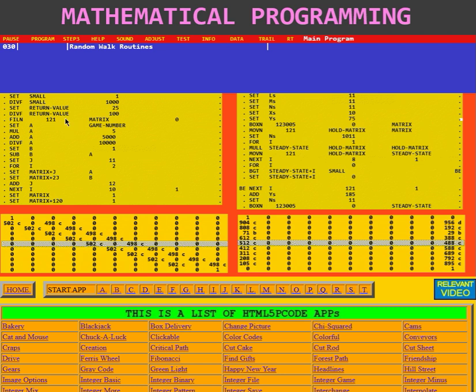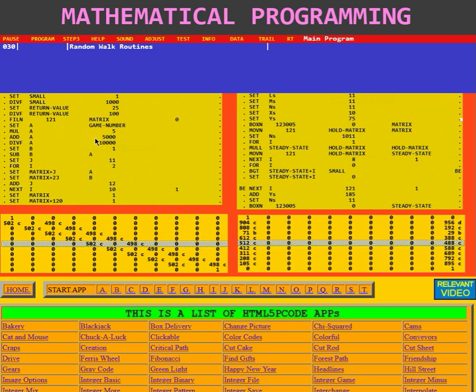Fill 121 values at matrix with 0. Well, this is where we're going to build our matrix down here. It's going to be 11 by 11. 11 times 11 means it has 121 values, and here it says we're setting them all to 0. It's a null matrix. Then we're going to set A to the game number, multiply A by 5, and then